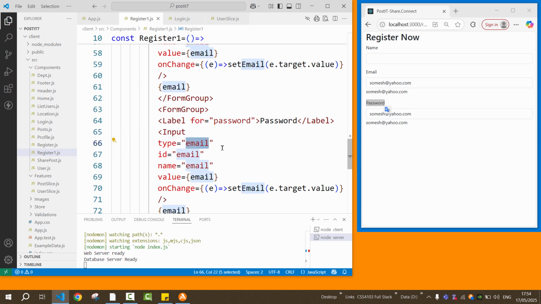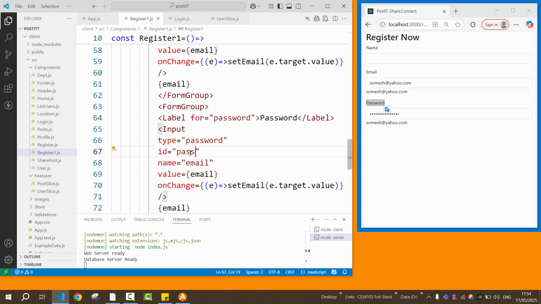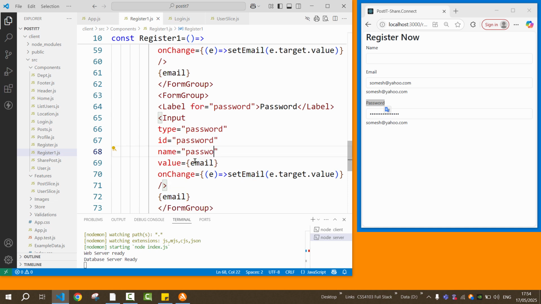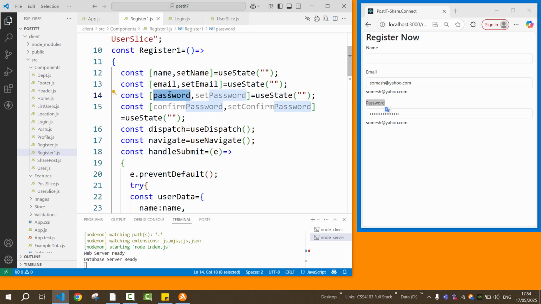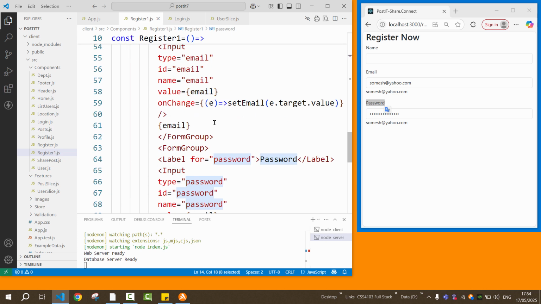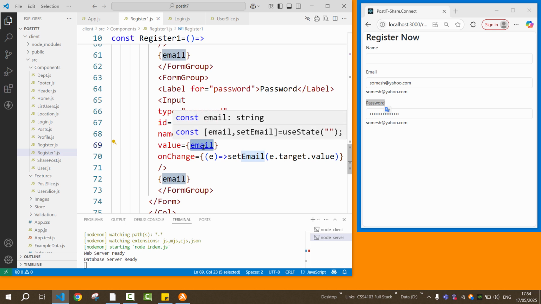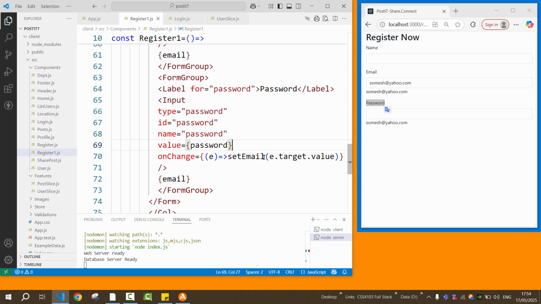Because we are entering the password here, the input type will be password, and ID also I'll keep it password, and name also password. And the value, the name of the useState variable for password is password. So let me copy from here and put password, and the function which can change the password useState variable is set